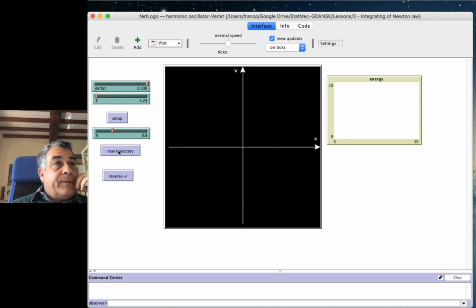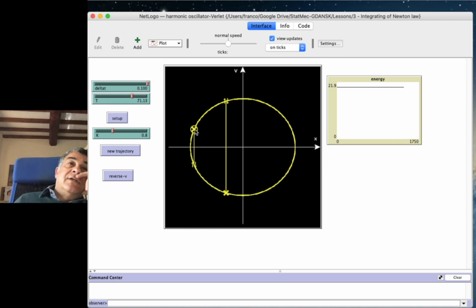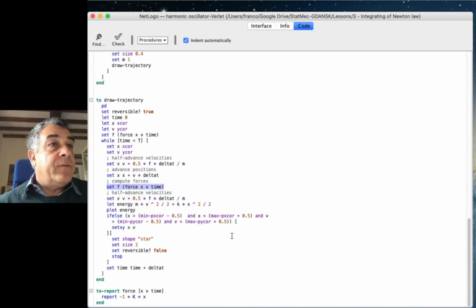if I set up, I can also go for a fairly large amount of time. I run, I arrive here. Now I reverse velocities, I run again a certain number of times, I arrive here, I reverse again the velocity, and I get back to the initial state. Clearly, this is true only with a certain precision given by my algorithm. If we want to have a look at the code for